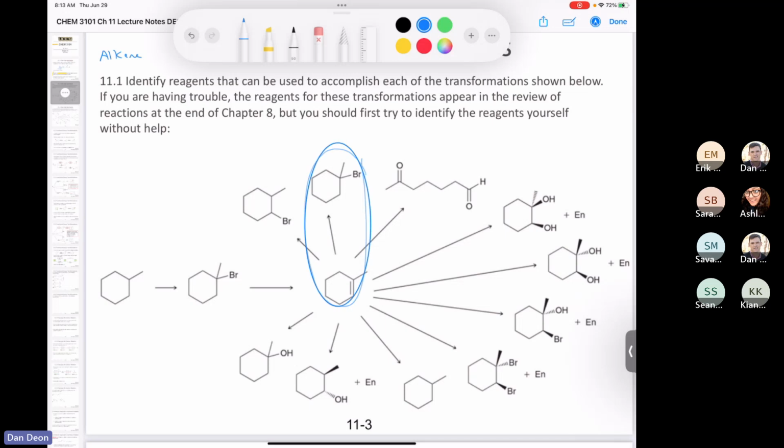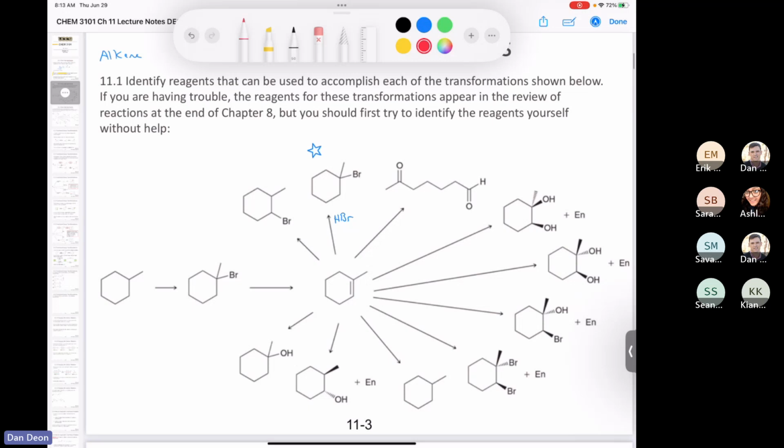So this reaction, the one I have in the blue circle. Could anybody answer me? Is this a Markovnikov or anti-Markovnikov addition of HBr across that double bond? Would this be Markovnikov or anti-Markovnikov? Exactly. Thank you. This is a Markovnikov addition. And so for that, we're going to need HBr, right? No peroxides required. I'm going to put a star by this one because you should know the mechanism of that